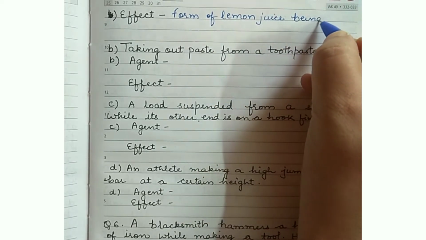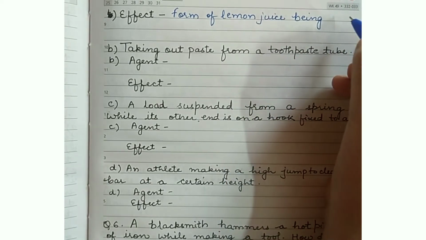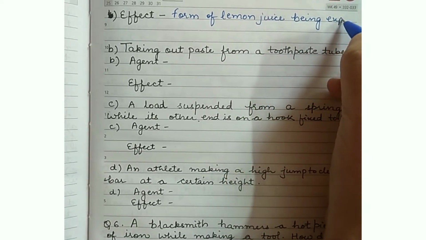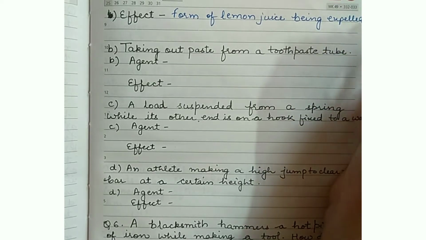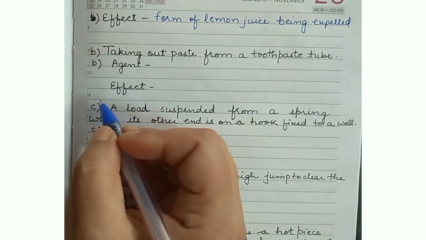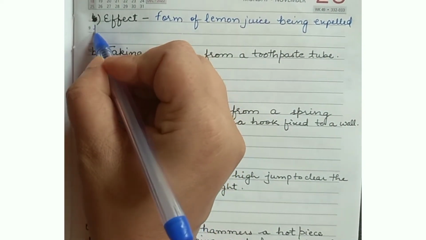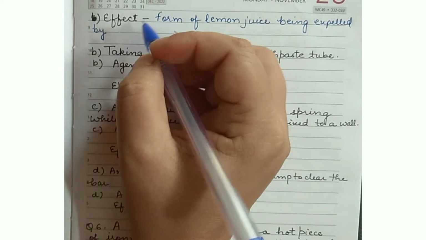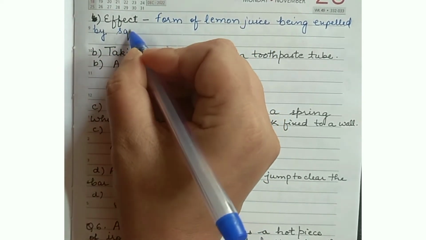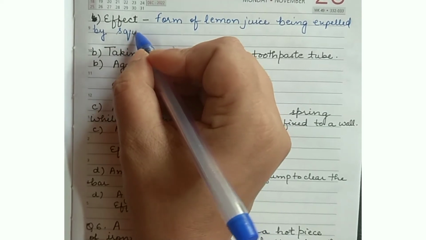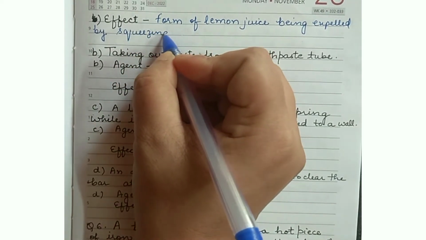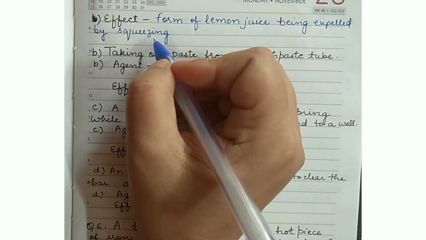Okay, the form of lemon juice being expelled out. You can write in this way also. By squeezing the lemon. Okay, this would be the result of